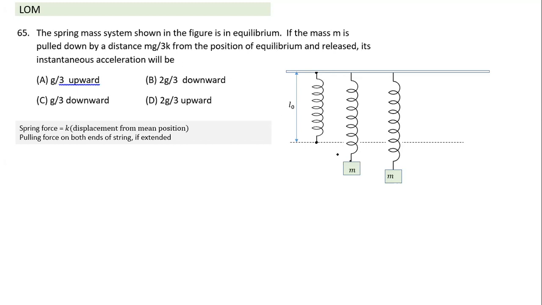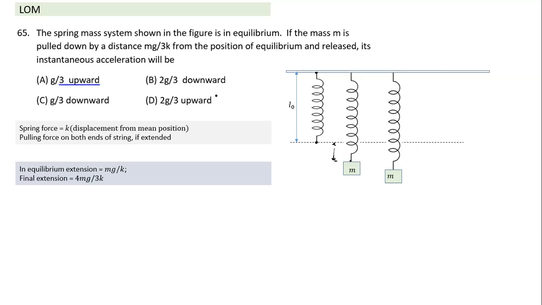The spring system is initially in a state of equilibrium. So this is how the system will look in equilibrium. This object is unaccelerated. It is in a state of rest, so net force has to be 0. The downward force is mg, so the spring force also has to be mg. What has to be the extension of the spring here in equilibrium? K times extension has to be equal to mg, or extension is equal to mg by K. This is the equilibrium state.